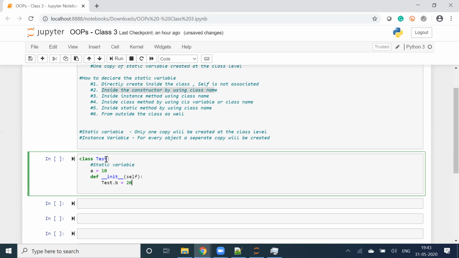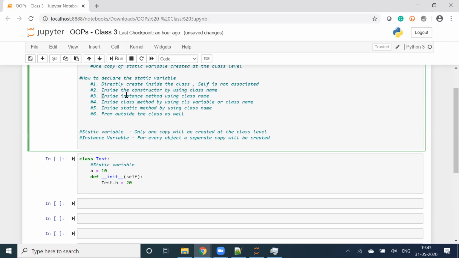Now what is this variable? This is a static variable. This is not an instance variable, because an instance variable takes self.variable name. Here I am not using self. I am using class name.variable name. So it is a static variable. So in the constructor, if you want to create it, this is the way you can create the static variable.